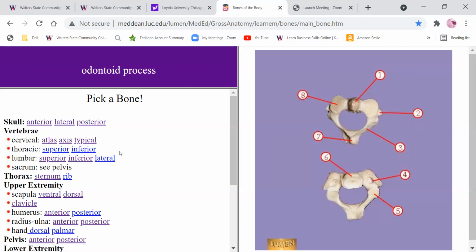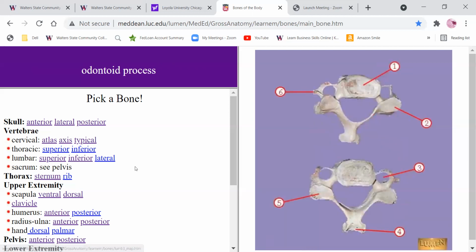And then the other 10 cervical vertebrae, typical cervical vertebrae looks something like this. But if there are any vertebral questions, they're probably going to be off of thoracic or lumbar. The only thing that we would address here